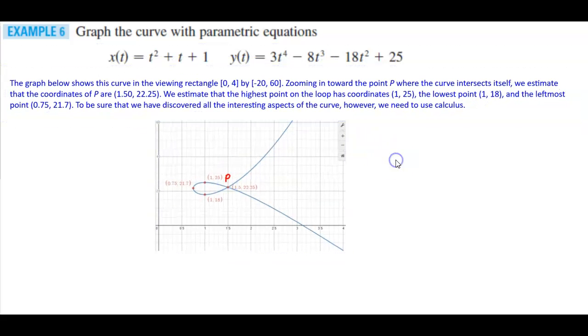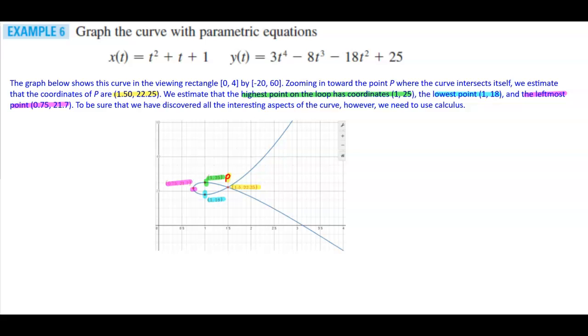Before we do that, it says here that the graph below shows the curve in the viewing rectangle between 0 and 4 and negative 20 and 60. If we zoom in just a little bit more towards the point P, where the curve intersects itself, we estimate that the coordinates of P are 1.5 and 22.25. Then we estimate that the highest point in a loop has the coordinates of 125, and the lowest point is 118, and we can see that the leftmost point is 0.75,